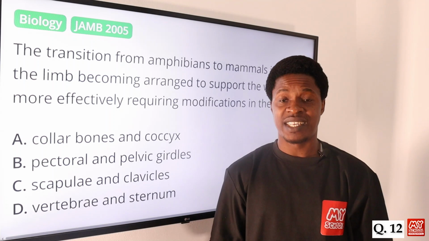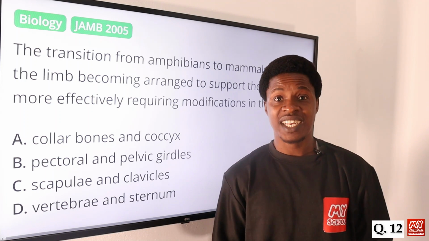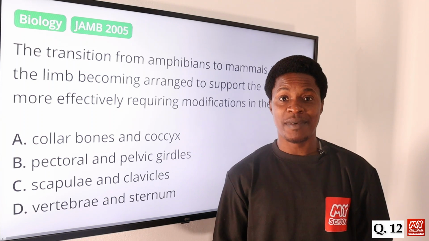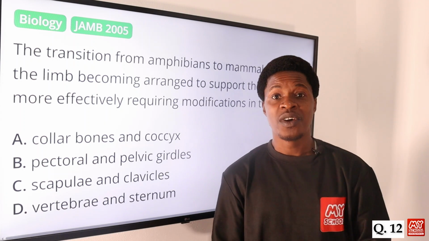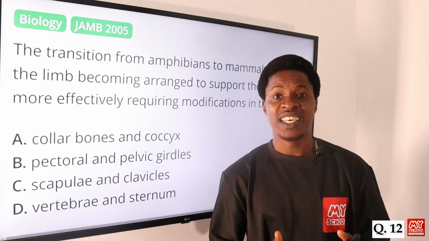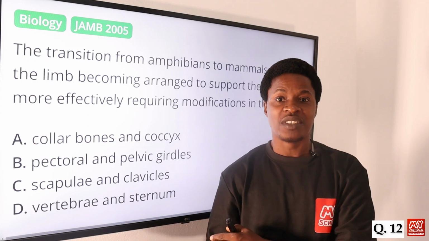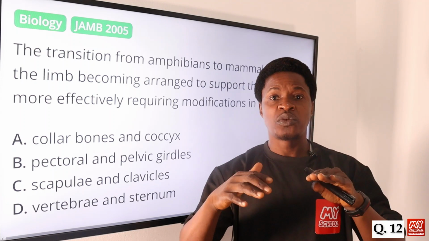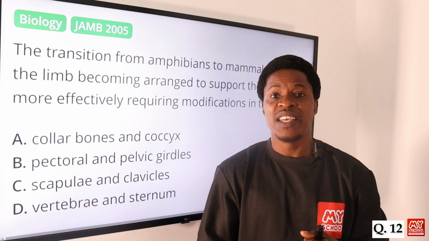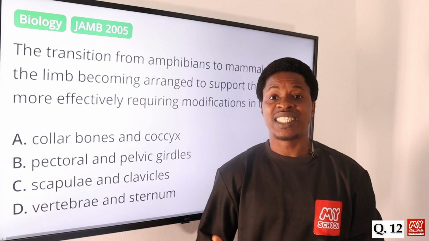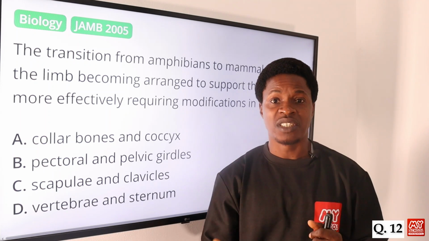Then if you look at amphibians, those ones that live in the water. So amphibians, remember, are organisms that live in water and also on land. So as they live in the water for long, they come to the land. When they come to the land, what happens? They begin to develop features of their limbs that will help them survive, to be able to live on land for a longer time. So as they stay over the years, for many years, their limbs began to change, okay,